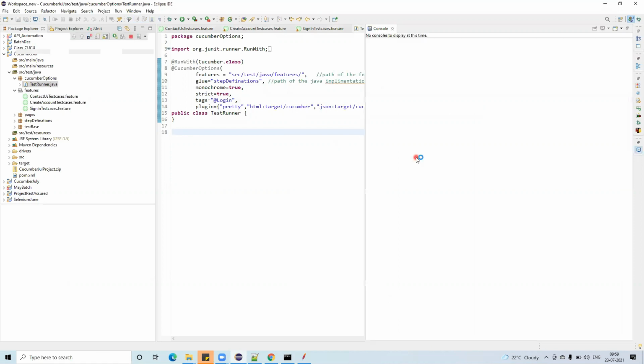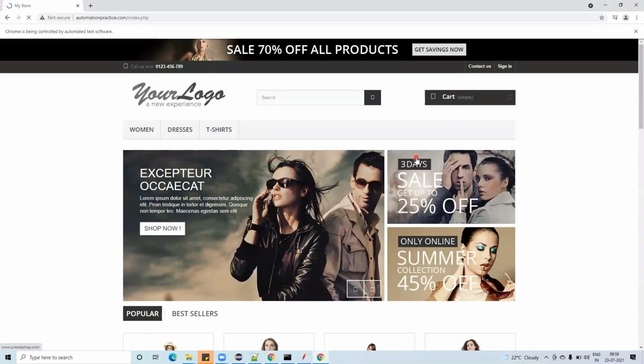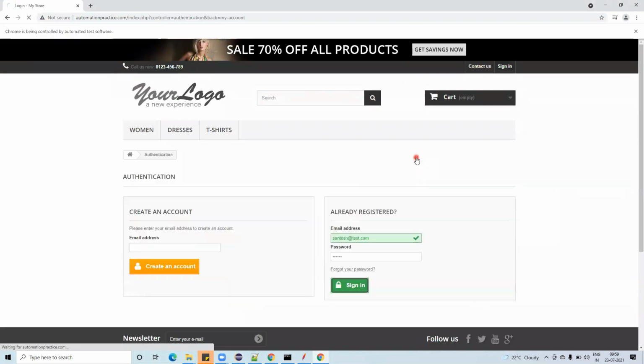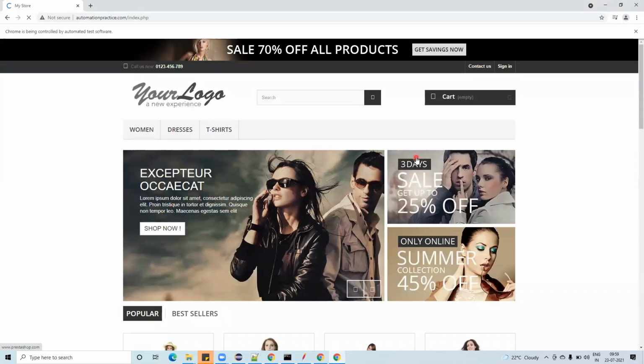Tags are very easy in Cucumber. It is very easy. Two test cases are supposed to run. It will run these two test cases. But if it is TestNG, we have to provide something like groups equals, open the curly bracket, close the curly bracket, in double quotes you have to write, and also you have to maintain the same thing in testng.xml. You have to run include. Let me show.